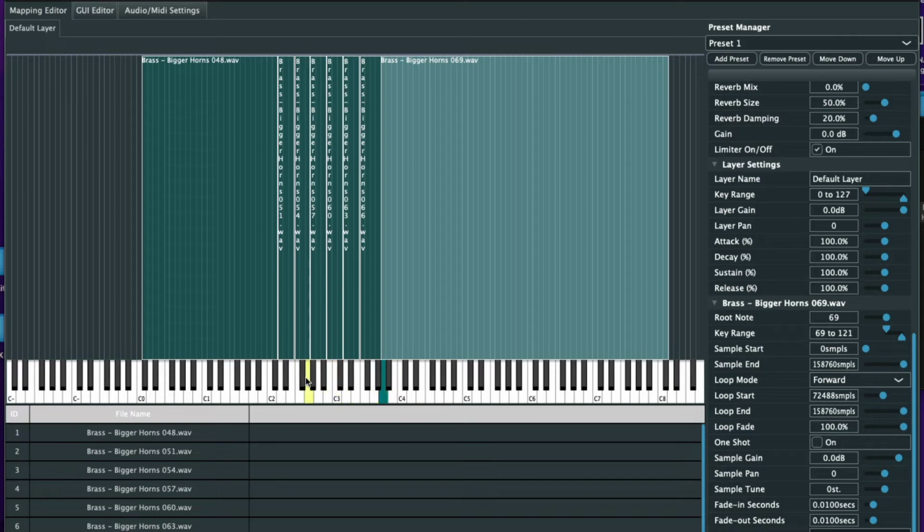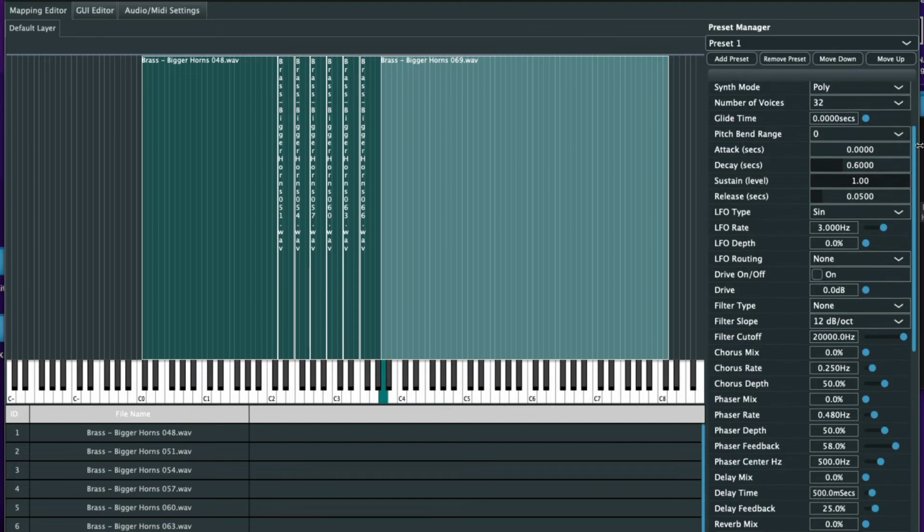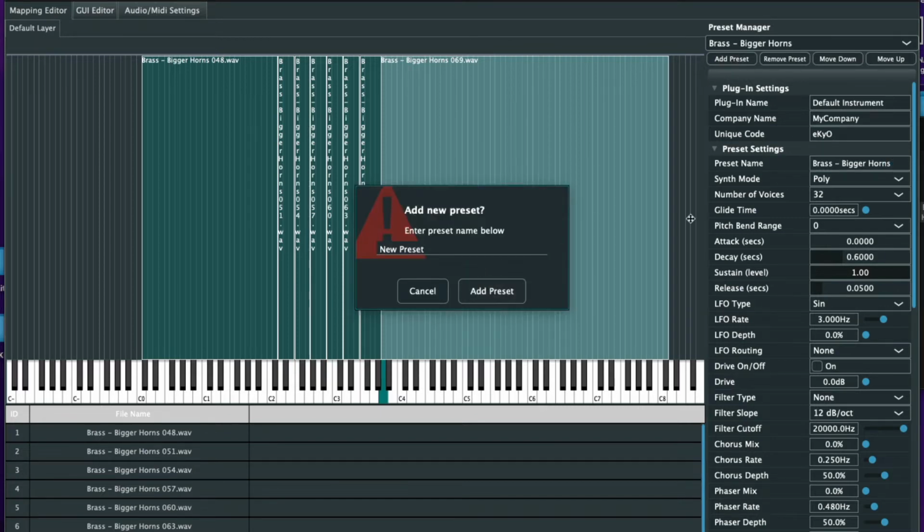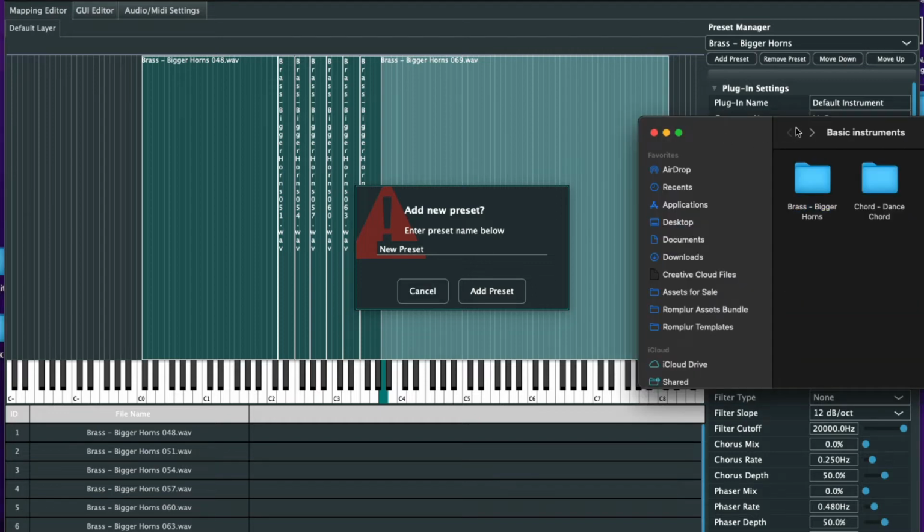So when we press on the note, you could hear that crossfade is applied. And then what I want to do is I'll scroll up and we'll go ahead and name that preset brass big horns. And then what we'll do is quickly add another, let's add a new preset, and let's look in our